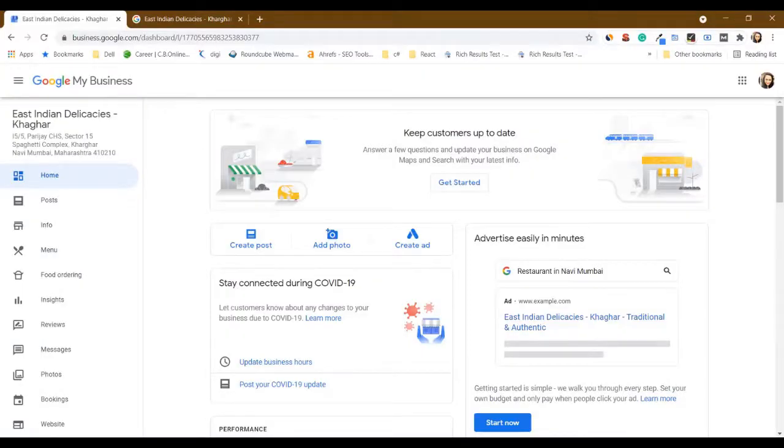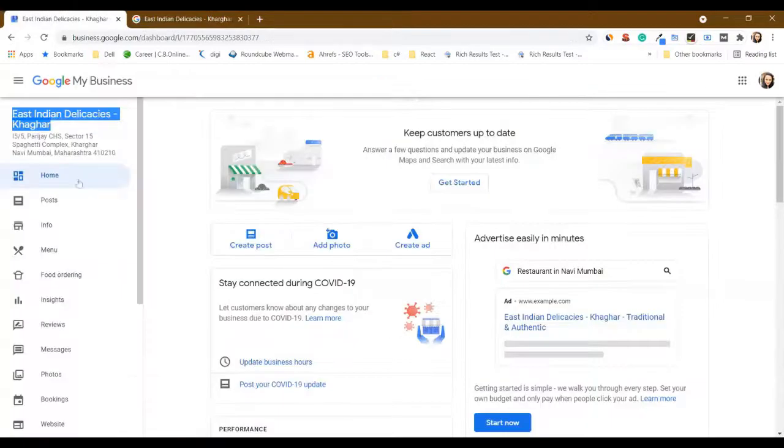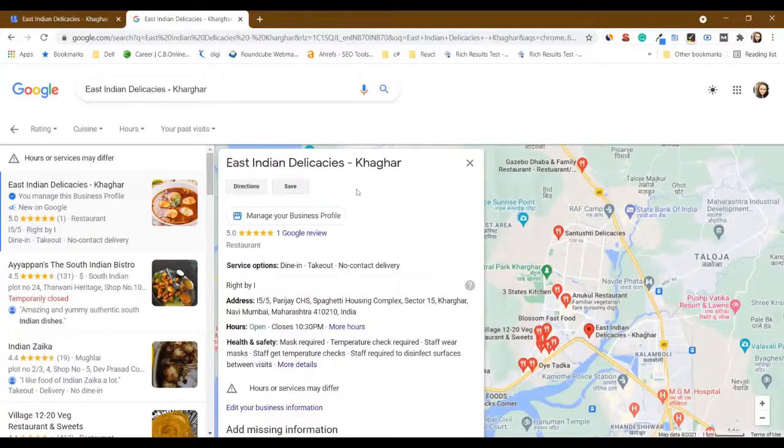So let's get started. Alright, so this is the Google My Business dashboard of a listing that I have already created. So this is the business profile that I have already created. When I go on Google, this is how my business profile looks. Here you can see there is no website option. When you make a website, the website button gets enabled automatically. Here in info, there is no website added. Once I create a website, I will be able to upload it over here and the website button gets updated automatically.